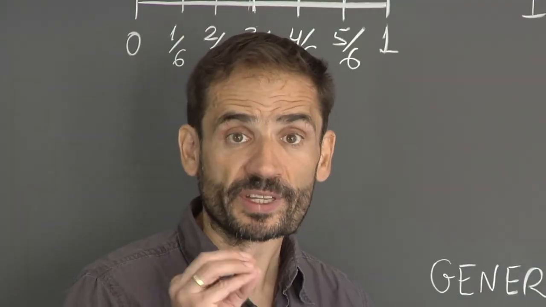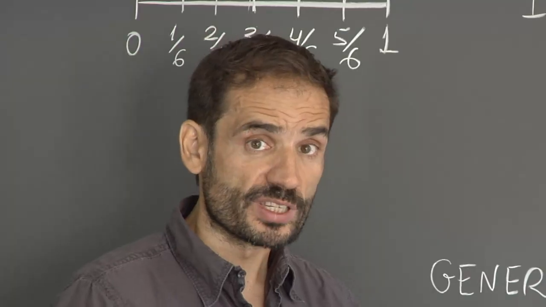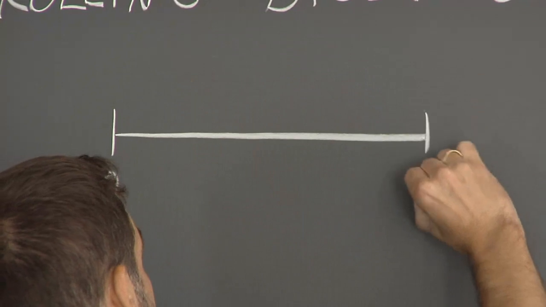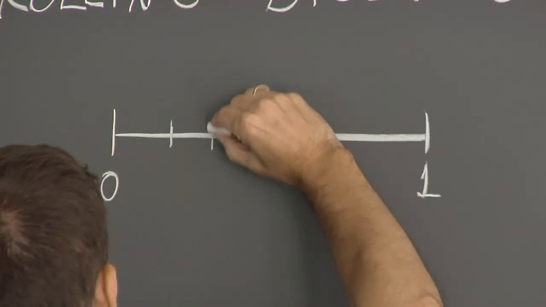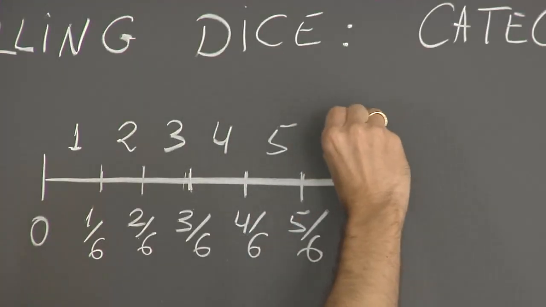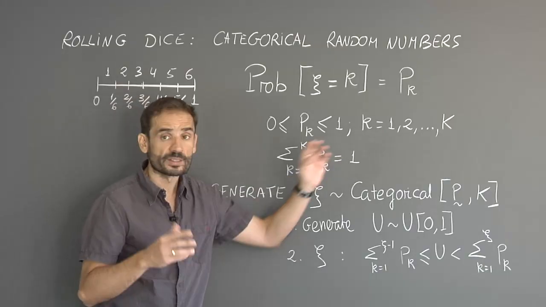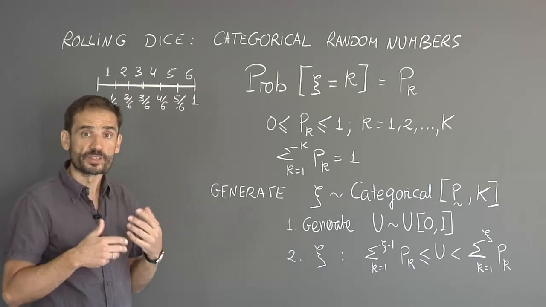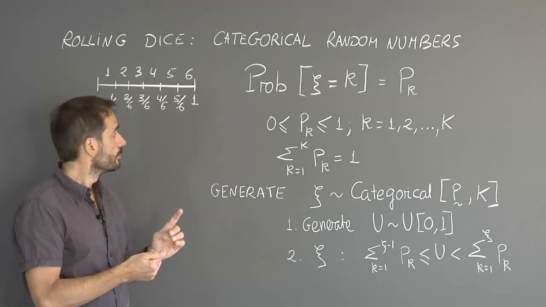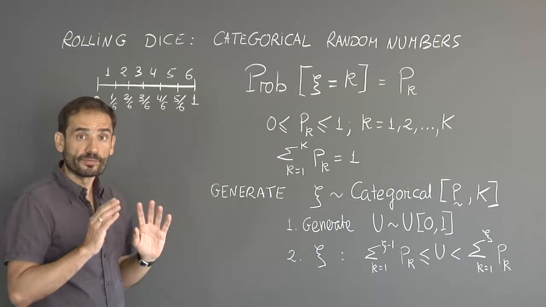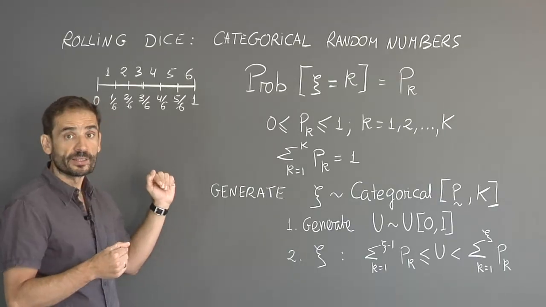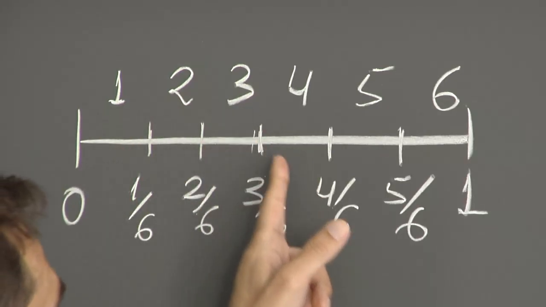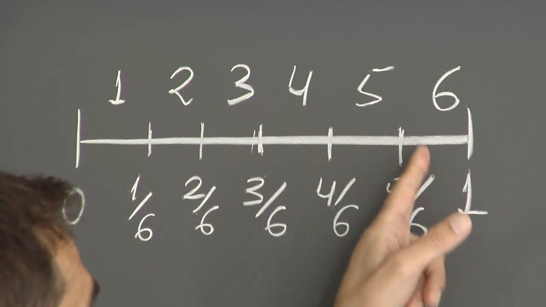To generate samples on the categorical distribution, we're going to use a similar strategy to the Bernoulli distribution. That is, we're going to divide the 0-1 interval into subintervals. Each of these subintervals is going to be assigned to one of the possible results of the categorical random number. So for instance, here we have divided the interval 0-1 into 6 subintervals of equal length, and that corresponds to a die, to rolling a die. So here we would have face 1, face 2, face 3, face 4, face 5 and 6 of the roll